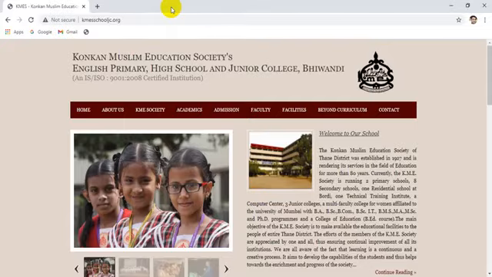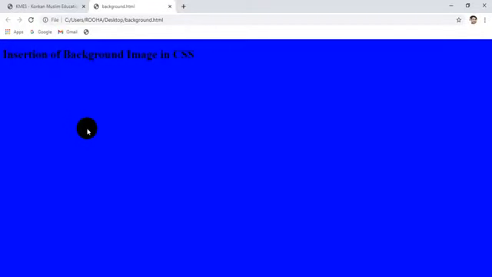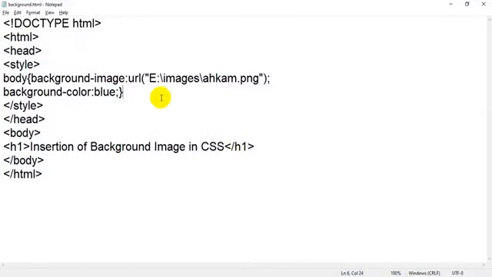Okay, flip back to desktop, double click. Means you are not getting the actual output. Okay, why? Student, please pay attention. I have added the clear full path, and there is no mistake in the path. On E drive there is a folder called images. In that folder we have a file called acom.png. Okay, you have checked it.